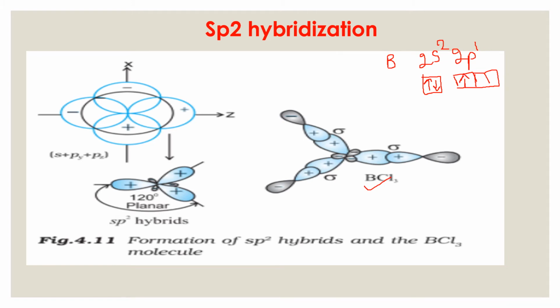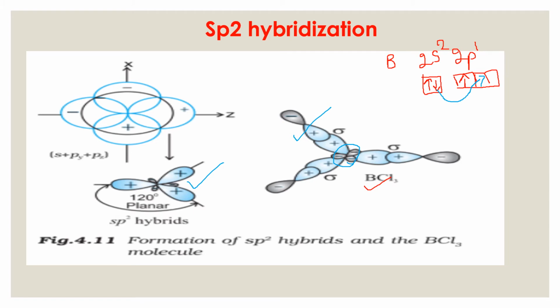So when boron makes bonds, it makes 3 bonds. So this must be getting promoted from here to here. And then each Cl, as shown here in BCl3, they will be sharing their p orbital, positive lobe, with the maximized positive overlap. And notice these minimized negative orbitals, as you can see that here also clearly.